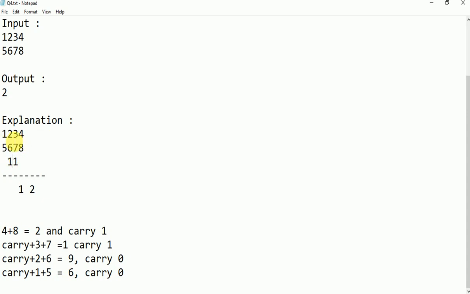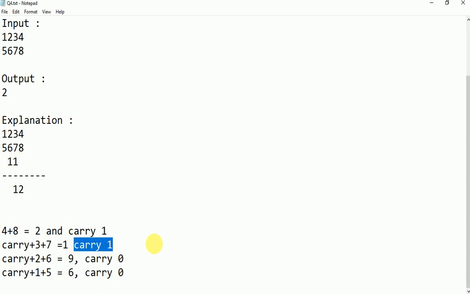So 6 plus 2 plus 1, how much? So that's why I have written 7 plus 3, and this carry is there. Whatever the carry is, that's why I have taken carry plus 7 plus 3. The result obtained is 1. Okay, so let me adjust. So here the carry plus 7 plus 3 is obtaining the result as 1. Okay, and the carry again you are getting as 1, right? So I have written like this.